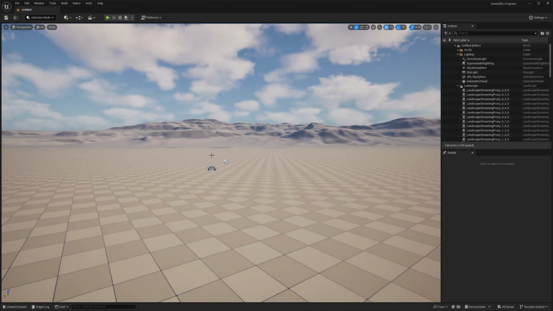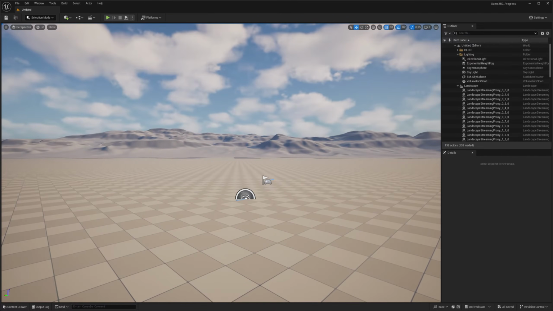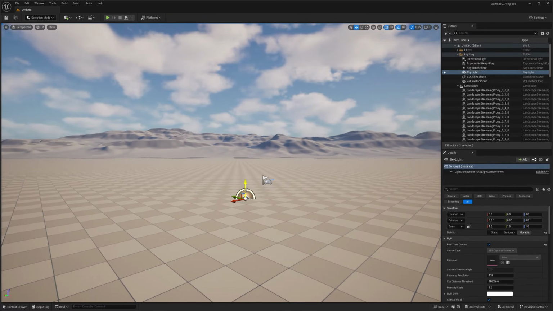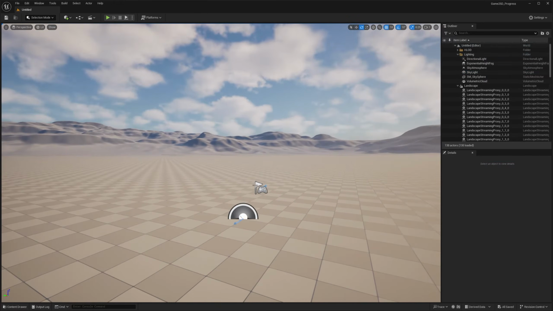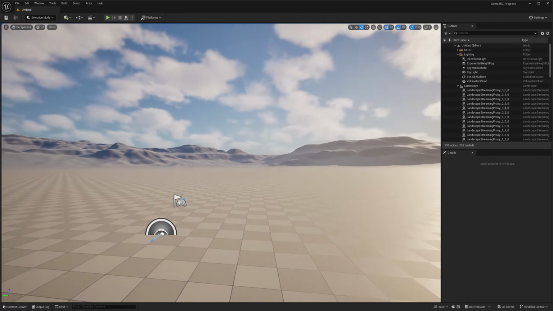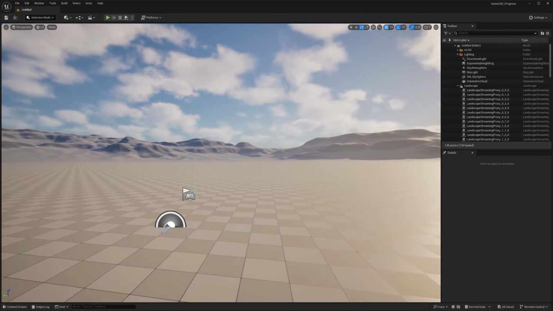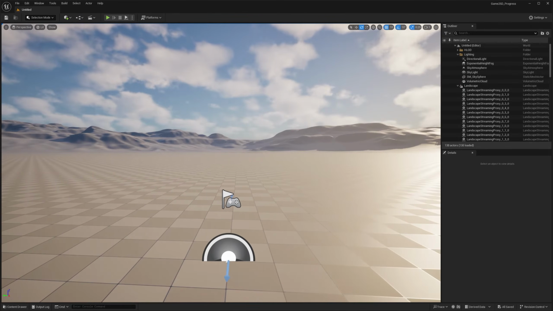The only difference is, in the case of Unreal, you're going to right click and hold and press those buttons. The reason for this is because W is used for something else. All those hotkeys are used for something else, and essentially you're holding the right click to tell Unreal, this is how I'm going to navigate the viewport. So just hold the right click and press those buttons. There are some other handy hotkeys for you too.